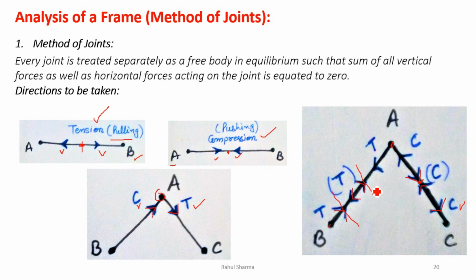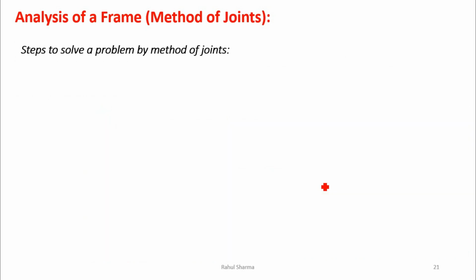Now to balance this tension, there are the joints. The structure, the frame, is not going to be distorted. So these joints A and B will protect against distortion. An equal and opposite force, equal to this tension, will be applied by joint A, and similarly by joint B, to maintain the symmetry of the truss. Similarly for compression also. I have explained this with a number of examples and diagrams in other videos of the same unit. You can watch those videos for more clarity.